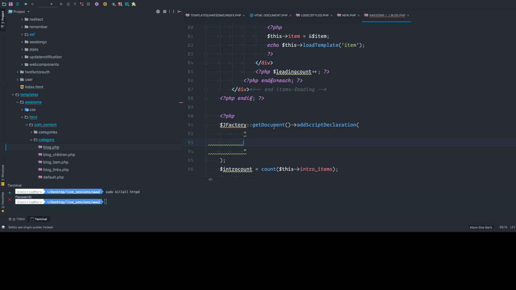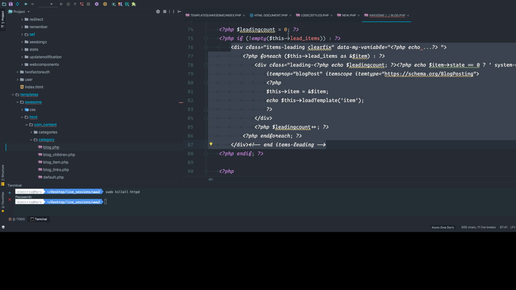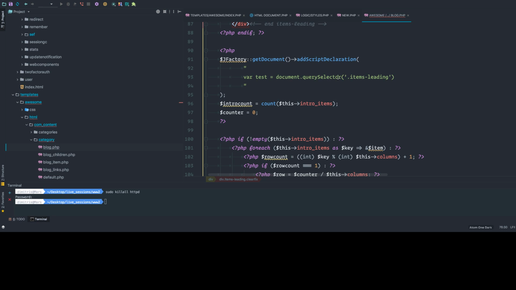So all you do is, let's say you call a variable, let's say test or whatever, it doesn't matter, is equal to document.querySelector. You put a dot because dot denotes that this is a class, and then you put a class name. Now if you do querySelector, it will get you the first instance of this class. If you have more than that, you should always use querySelectorAll, and even better do this,